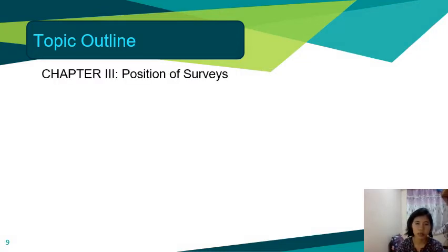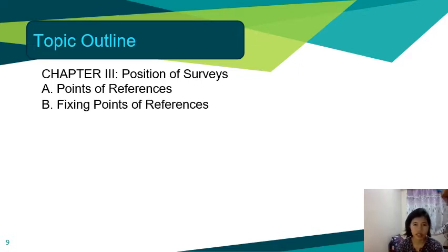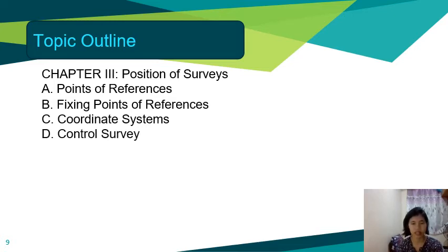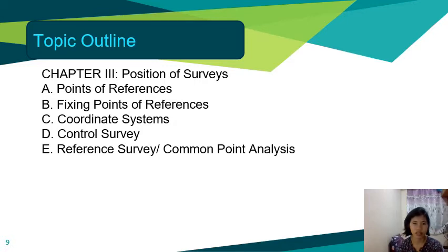So chapter 3, the position of surveys. Dito na pumapasok yung transformation parameters. We have the point of references, so ating mga controls, fixing point of references, coordinate system. Dito na pumapasok yung geometric geodesy, and how are we going to transform one reference system to the other: WGS to PRS, PRS to WGS, WGS to local. You have the control survey. You have here reference survey, the common point analysis for the